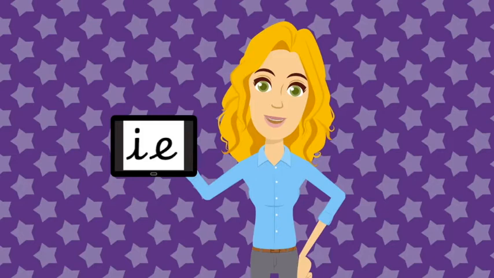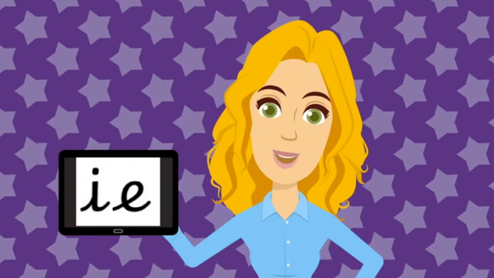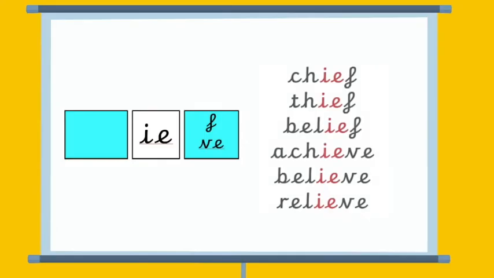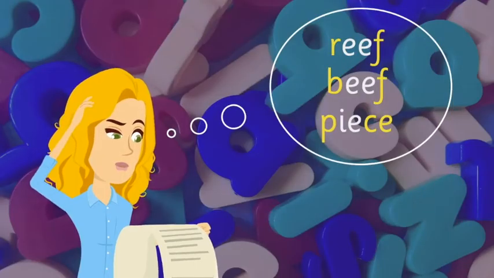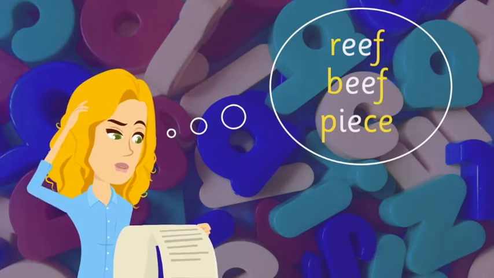E has a different representation in the middle of words ending with an F or VE. In these words, the E sound or phoneme usually has more than one consonant before the E sound or phoneme. And in these words, the E sound is represented by an I and an E. You'll recognise this rule in words like chief, thief, belief, achieve, believe, or relieve. Exceptions to steer clear of at this stage include words like reef, or beef, or weave, or peace, because these